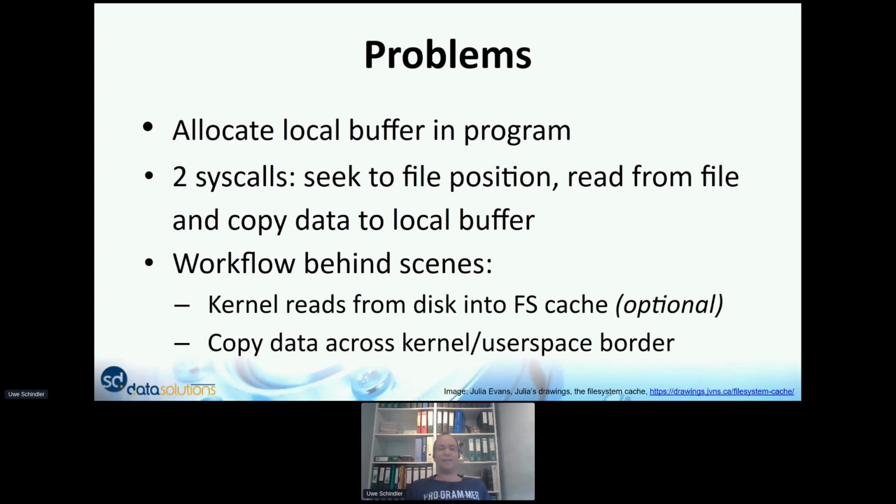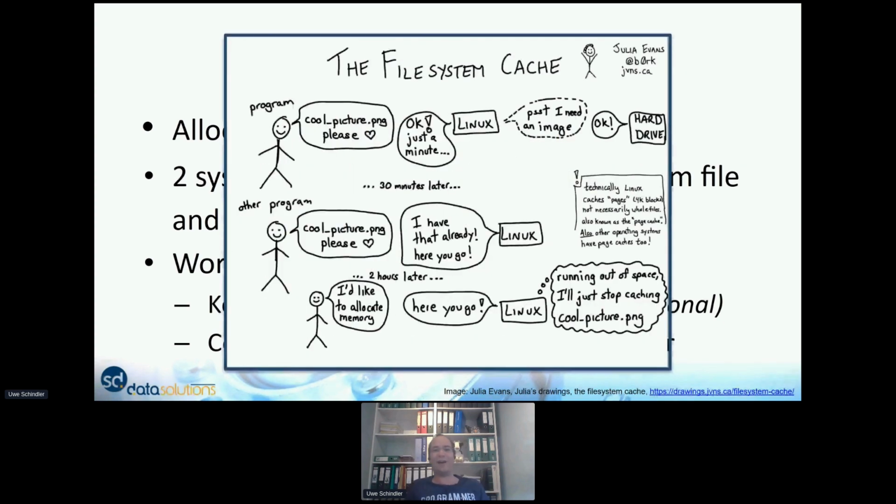The workflow behind the scenes is that the kernel reads the data from the disk into its own file system cache and then copies it over from the kernel space, where the file system cache is, to the user space, over the border.